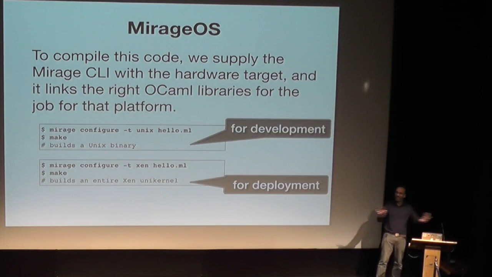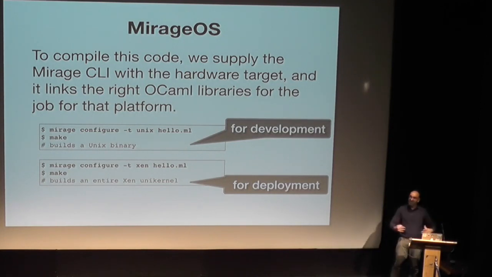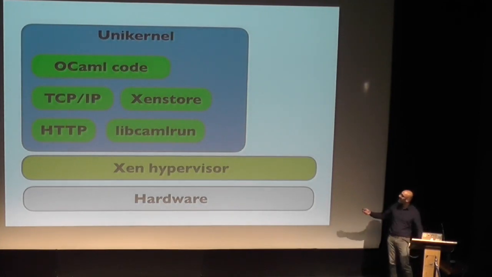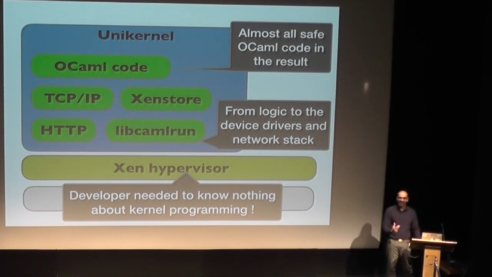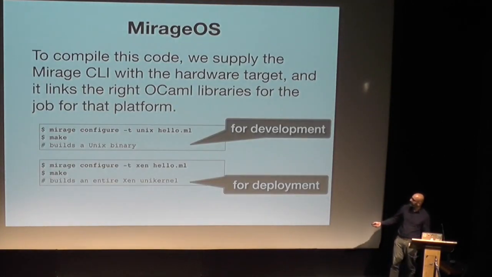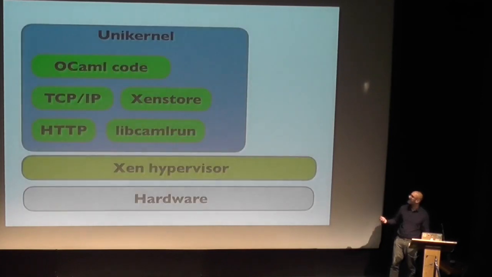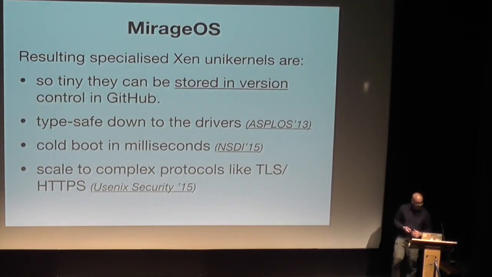At no point did you have to know the difference between the two, because the abstraction of the code you've written is so powerful. And when you run the Xen version, well, almost all of the code is in OCaml. It's running on the hypervisor, and it's all being optimized all the way down the stack. So we've built a functional operating system with just this recompilation. It's like recompiling it for an iPhone or something instead.